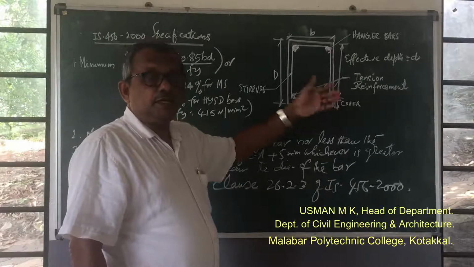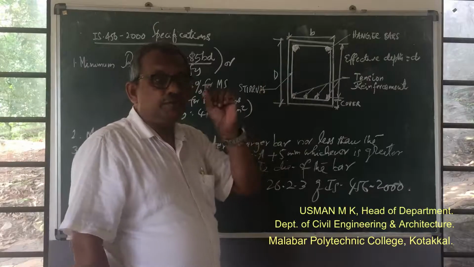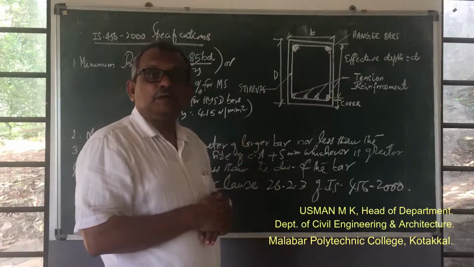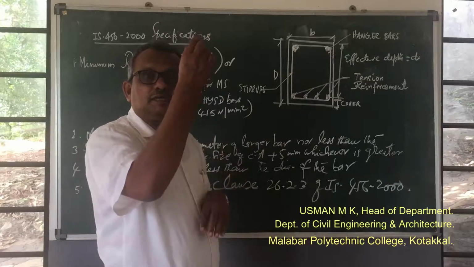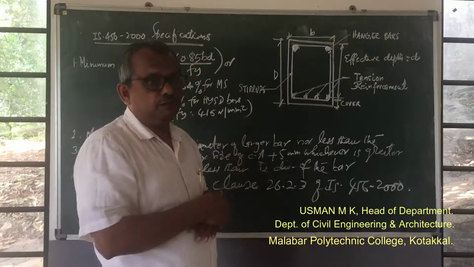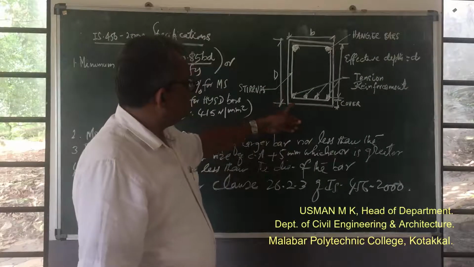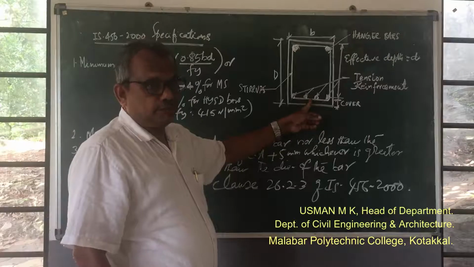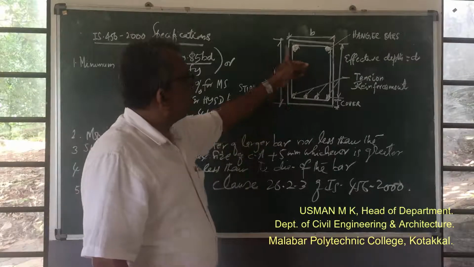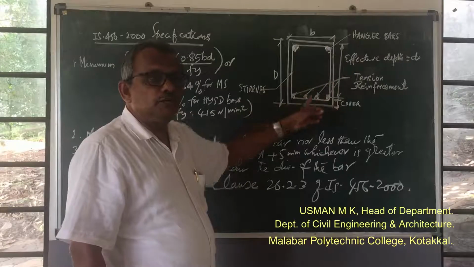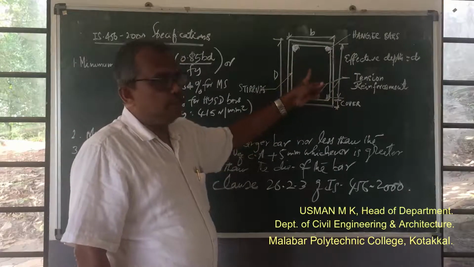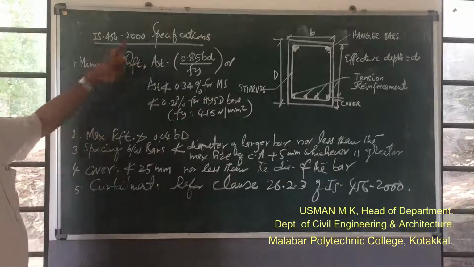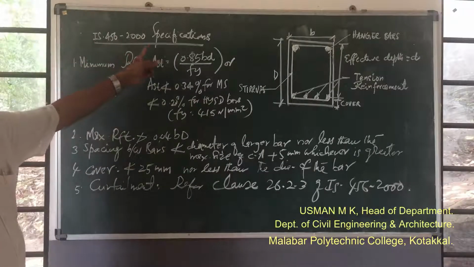After casting, you might have seen a number of buildings where, due to improper cover, the bottom part of the beam is corroded and the plastering at the bottom falls down. So in order to prevent that atmospheric action, usually a cover is provided at the bottom. So this is the sectional view of a singly reinforced beam. It is very clear from the diagram itself, and it is written what the specifications are as per IS 456-2000.